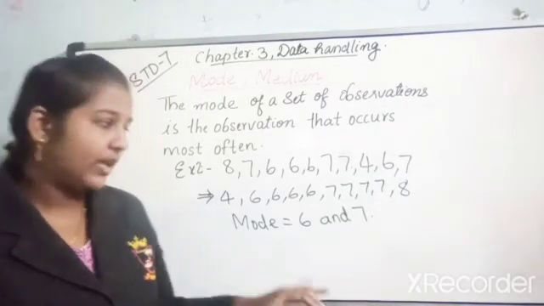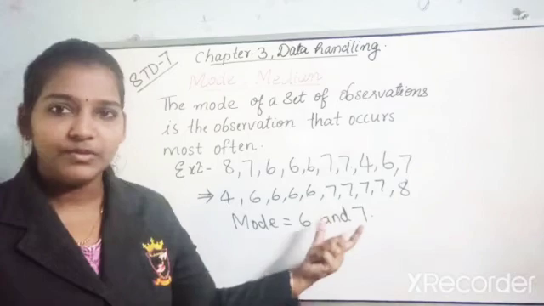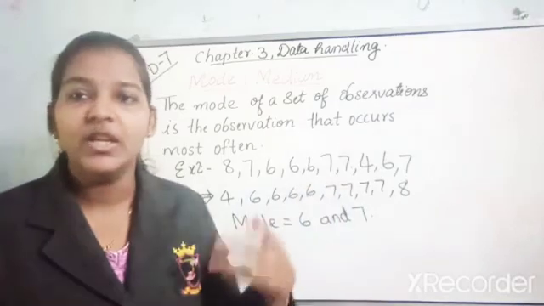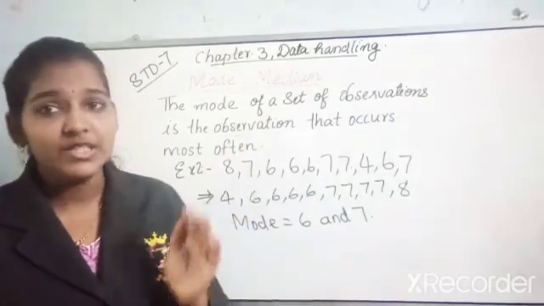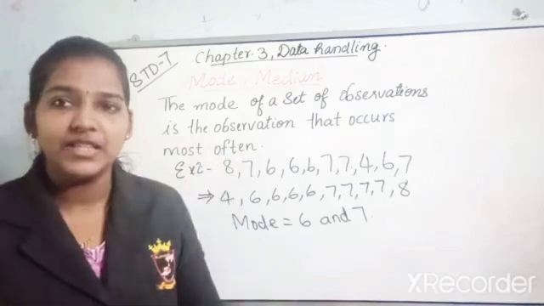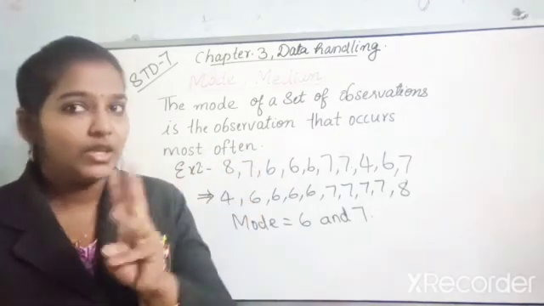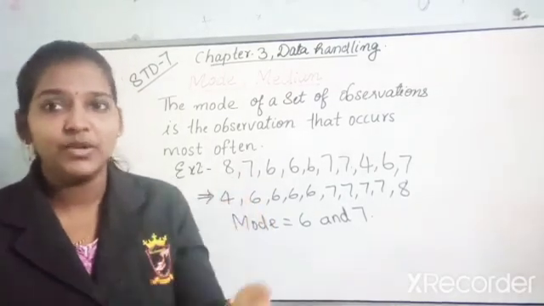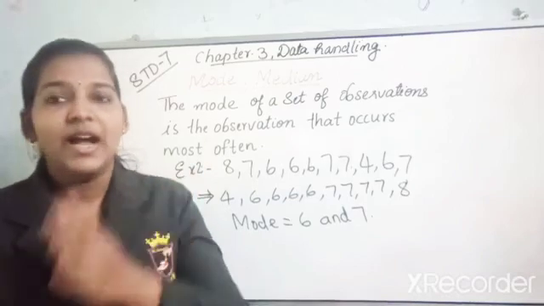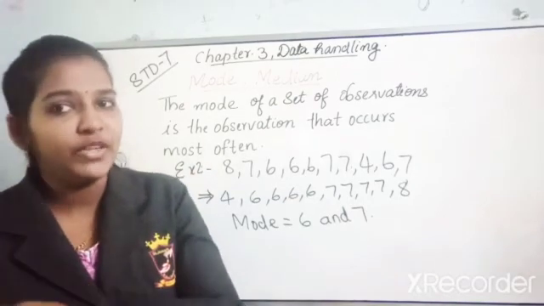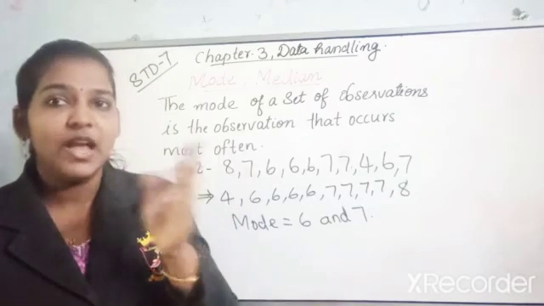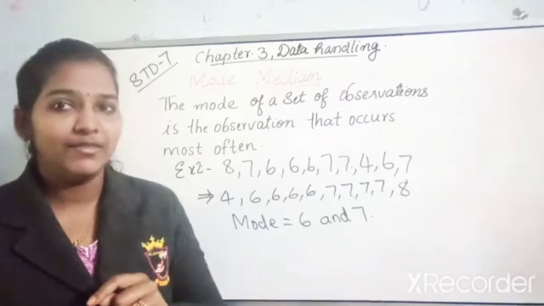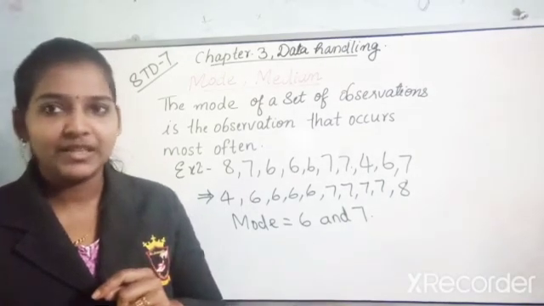Got it, children? Okay, so here the numbers are a definite number. If it is more than 20, 30 or 40, you just arrange it in a table. When we are arranging it in a table, you have to draw 3 columns. If the marks are given, the first is marks. Otherwise you can write observations, and then the next column tally mark and the next column frequency. Then you have to check which number has more frequency. That will be the mode of the given observations. Clear, children? Okay.